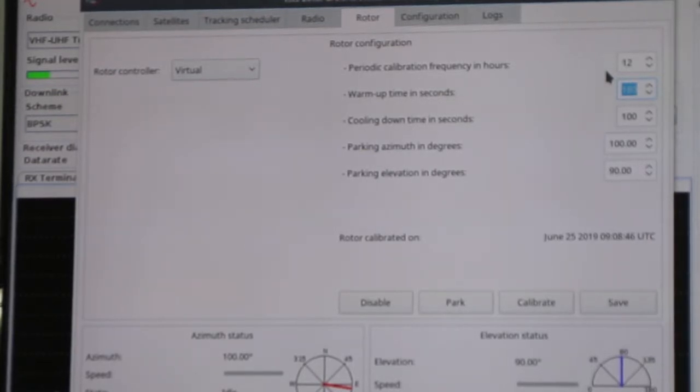Warm-up time is how much time it is pointing before the satellite comes. The cool-down time is how much time it keeps there before going home, before parking. And then you specify the parking positions. And then also you have here below the last time the rotors were parked. In terms of buttons,